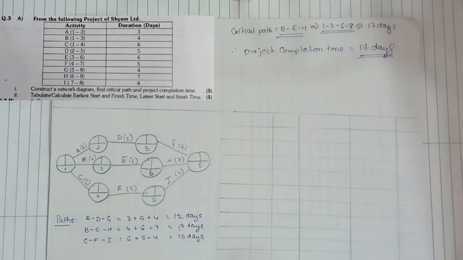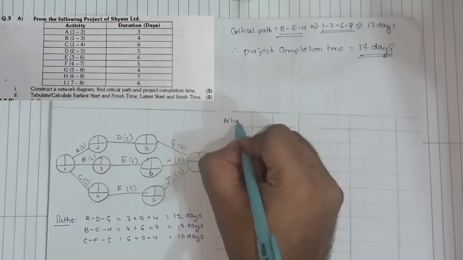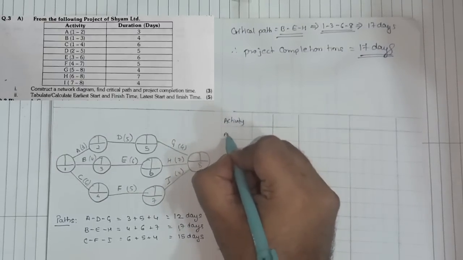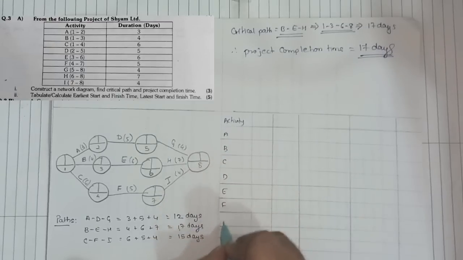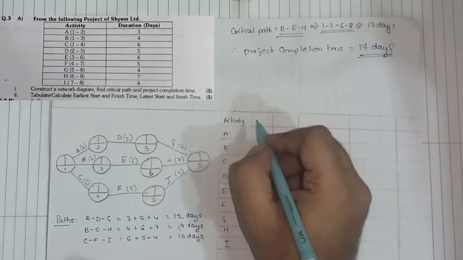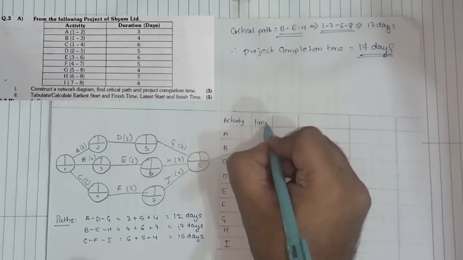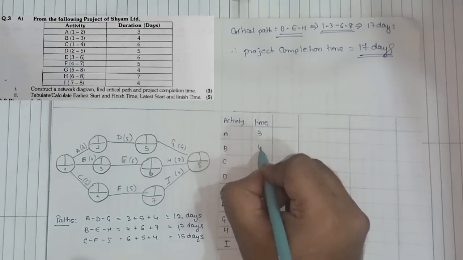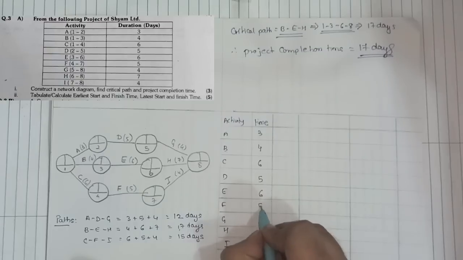Okay, now after that's the first question. Second, they're asking you to calculate all the stuff. So I'll write the activities. We have A, B, C, D, E, F, G, H and I. Okay, activities are there. Then we need to note down the time, the duration: 3, 4, 6, 5, 6, 5,